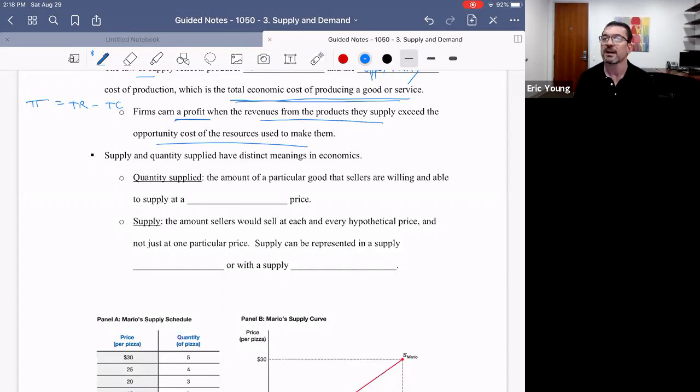Notice that that line right there has a lot of subtlety in it, right? Number one, firms are going to be motivated by high prices. The higher the price is, the more revenues they're going to bring in, the easier chance to cover opportunity costs, right? But notice that firms still have to get you to buy things as a buyer. So the law of supply and the pursuit of profits also imply that firms have to make the right items. They have to make the things that consumers want to buy.